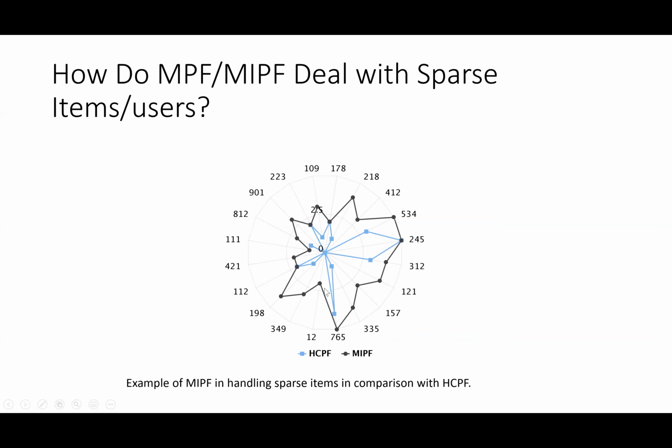And then we test with hierarchical conditional property factorization or other models, and see whether the model we develop can actually focus on the sparsity, and those cold start or sparse data can be highlighted here and better treated. So that means we can better look at those disadvantaged users or new items,